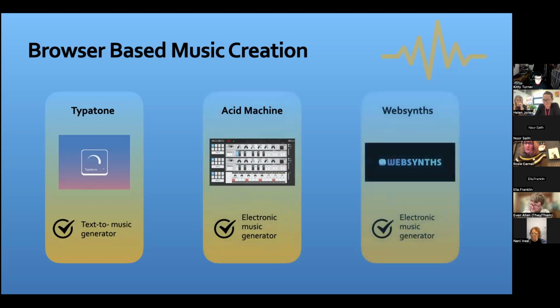The next one is called WebSynths. This is, again, another electronic music generator. That's a free collection of browser-based musical instruments, including a drum machine and a fully featured polyphonic keyboard. You have to create a free account to be able to download your creations in that one. But there are lots and lots of browser-based music making applications out there, so go and have a play. Now, all three of these examples let you make, record, and download audio. As I said, you might have to sign up to some of them, but they're all free.